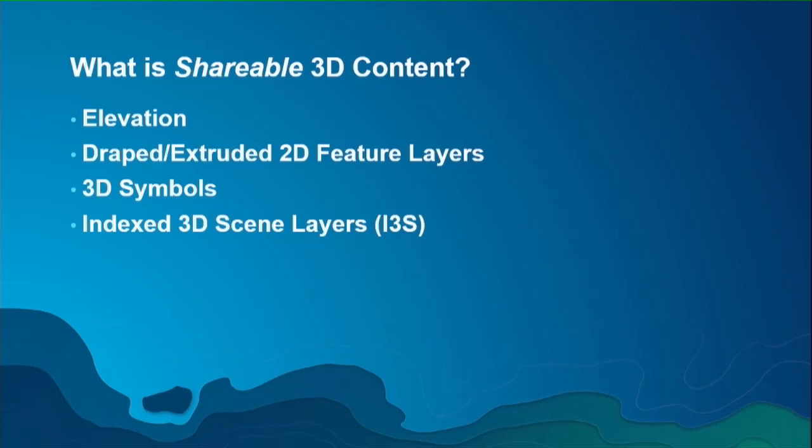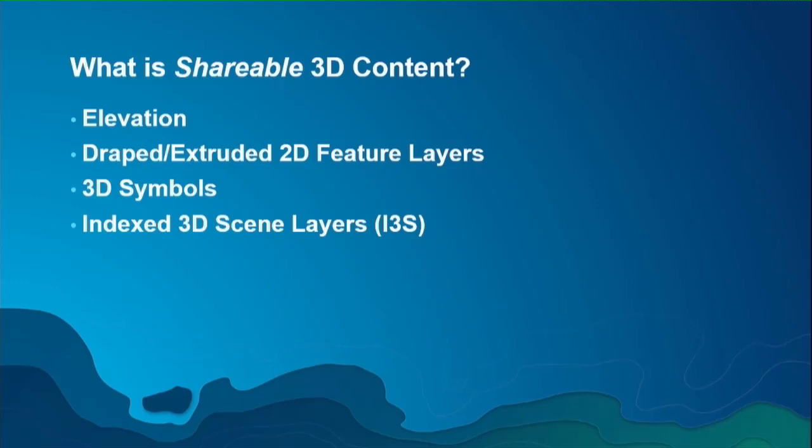And then, a lot of people do this, you can easily create 3D content out of 2D feature layers by simply extruding those features into simple boxes that actually represent 3D scenarios. So draped features or 2D features that are extruded or draped are a good way of quickly creating